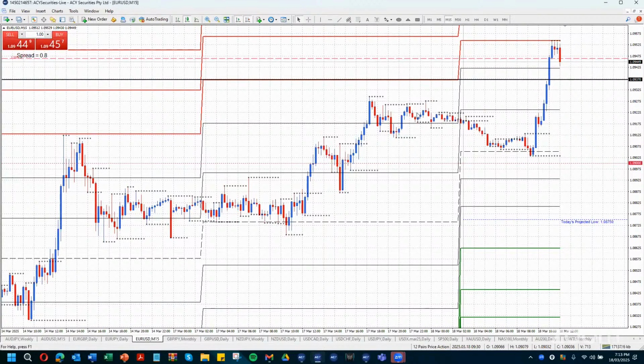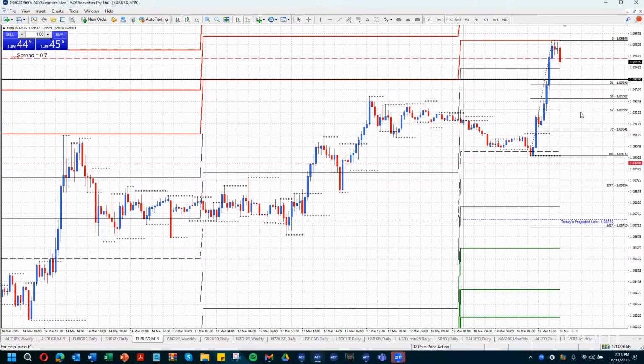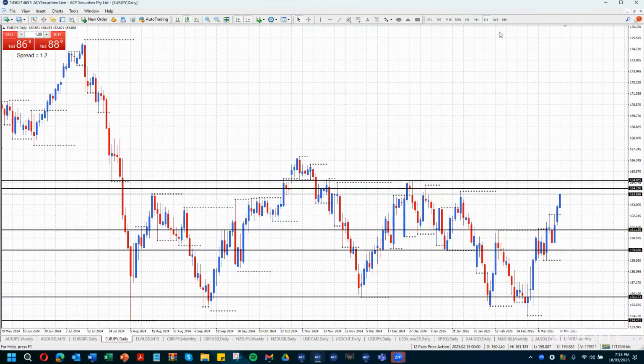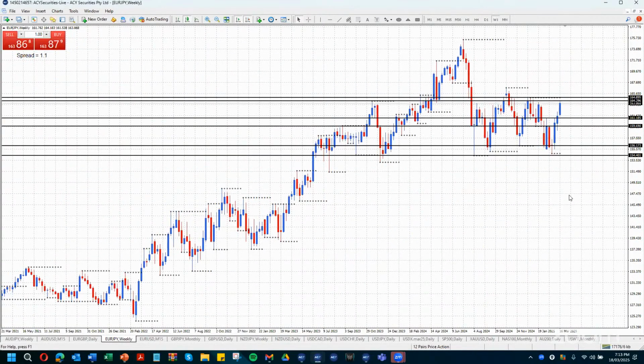Other than that, as I've just been saying, I would be dragging my fib across the 4-hour range, which is here at the moment, and looking to the 62-79% zone, whatever the numbers are at the time, for a reversal back up. All right. Euro yen, it's been very strong. It is range bound here on my weekly chart. And we do have, of course, the Japanese monetary policy statement coming out this week.